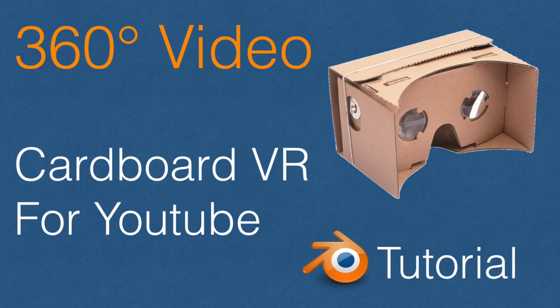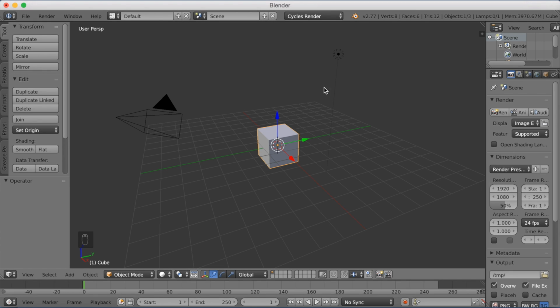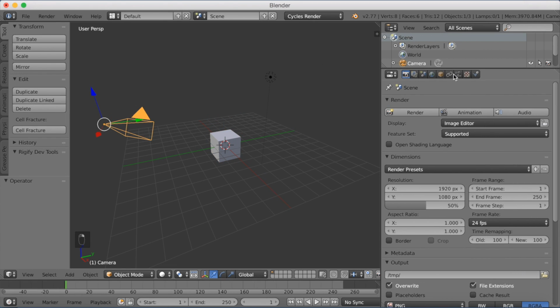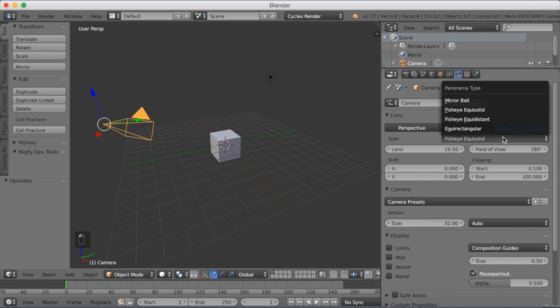So let's get started. Okay, so we want to start off by switching from Blender Render to Cycles Render for better shading and overall more settings to choose from. Then you would open the settings, drag the settings bar, right click to select the camera, go into the camera settings, panoramic, and then switch to